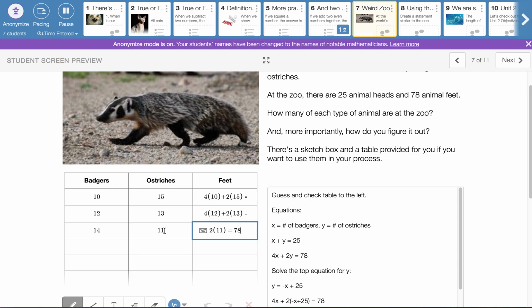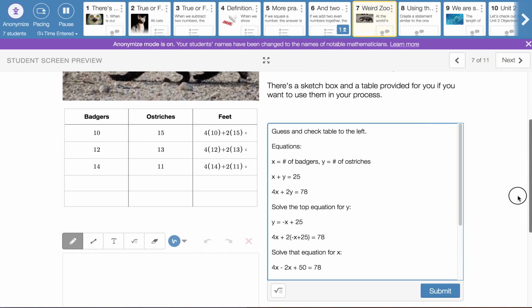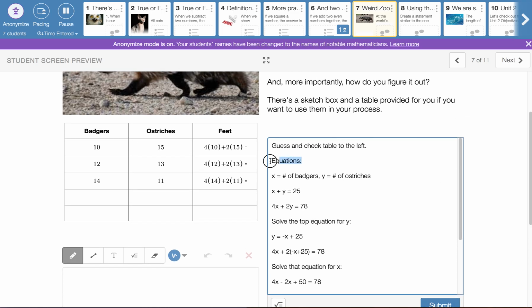If you're not a guess and check fan, that's okay. You can work with some equations to make this happen. And that's what's going on in the box where I'm typing here. You could work a couple of equations. You could use X for the number of badgers and Y for the number of ostriches. When we add those two together, we should get 25 animals altogether. And then we incorporate their feet. 4 times the number of badgers, plus 2 times the number of ostriches is supposed to give